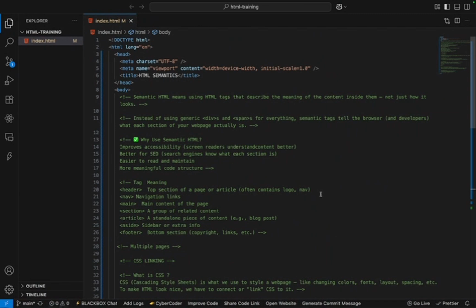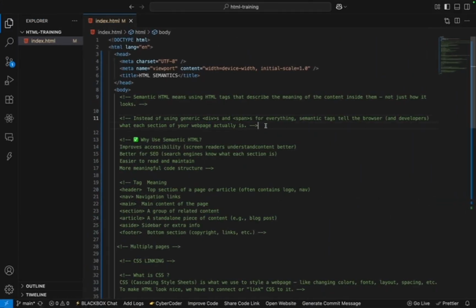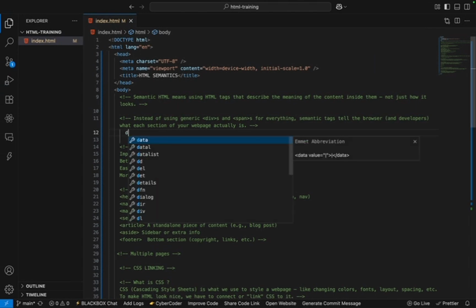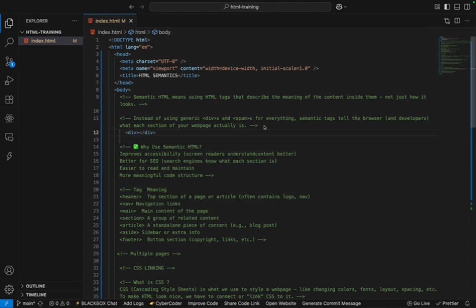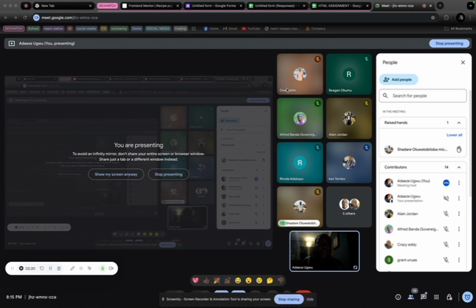Now, instead of using generic divs, this is what I mean by div. Div is a tag on its own, right? Div is more like a container, a wrapper, that wraps items. So let's say you have